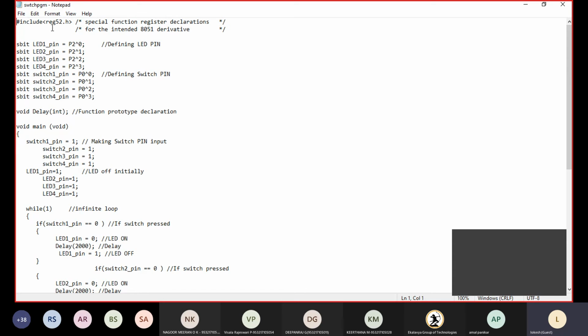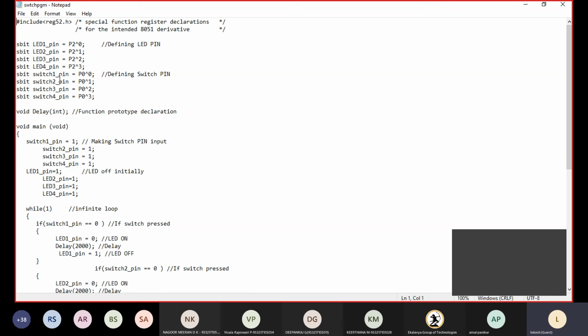So #include <REG52.H>. This is the 8051 derivative one, so we can also take it as 51.H. Next, from the pins 2.0, 2.1, 2.2, 2.3, we are connecting the LEDs. But on our board, these are connected to the switches actually, so that's why we can do this.